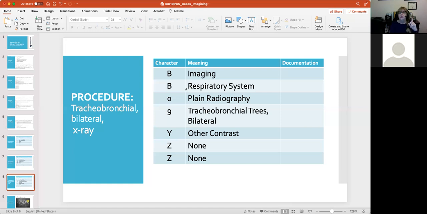So you code two codes, the left and the right separately. Now, just so you understand why, in those cases, for whatever those procedures are,